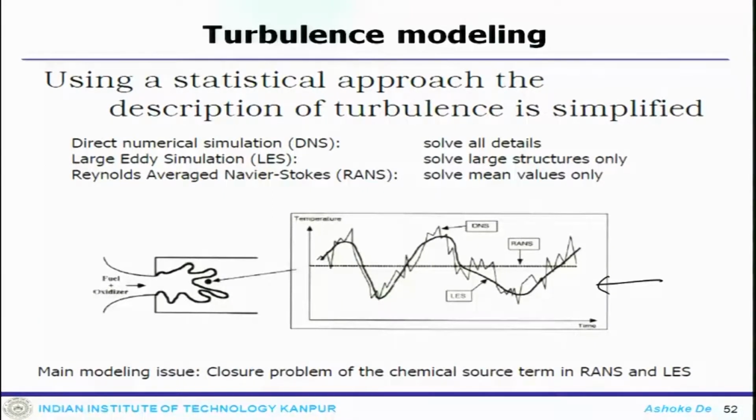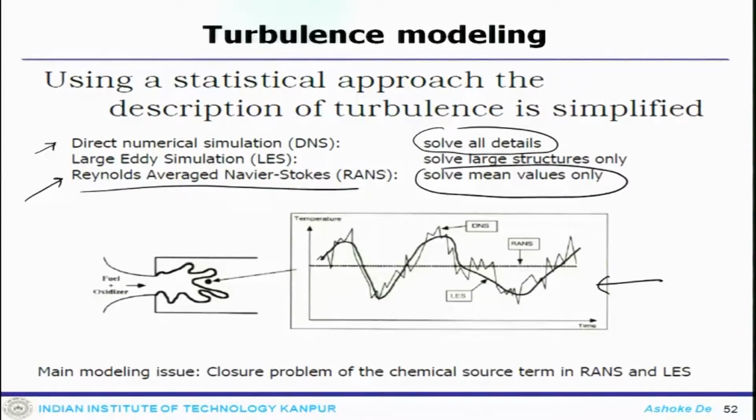Now, there are different approaches to model the turbulent flow field. One approach is direct numerical simulation, which solves all the small scales, that means all the details. Or, intermediate between DNS and that, you could have the Reynolds averaged Navier-Stokes equations, which solve all the mean quantities. We will see how the Reynolds equations are obtained. And in between you have LES, which solves for the large structures. So that is how it is, but theoretically this is what your instantaneous flow field looks like.